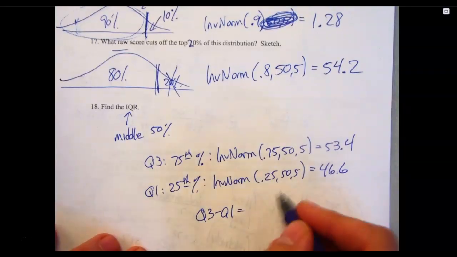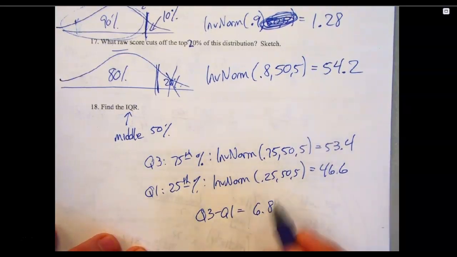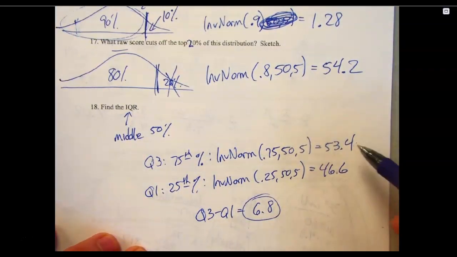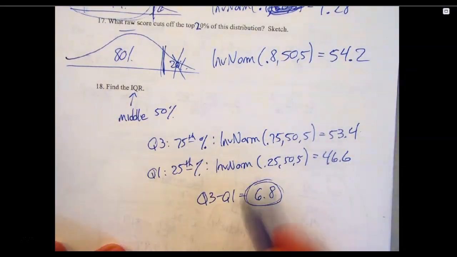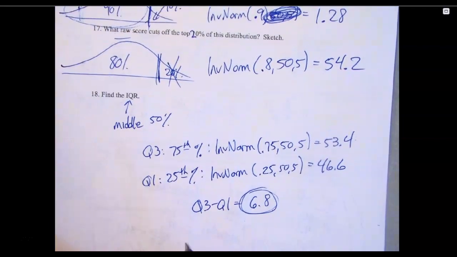Don't forget to subtract them. I could see, on the test you get these two and you're all proud of yourself, but that's the hard part, right? And then you just stop. But the IQR would be subtracted to get the difference between them. So middle 50% is the 75th and the 25th percentile. If you got 50% in the middle,